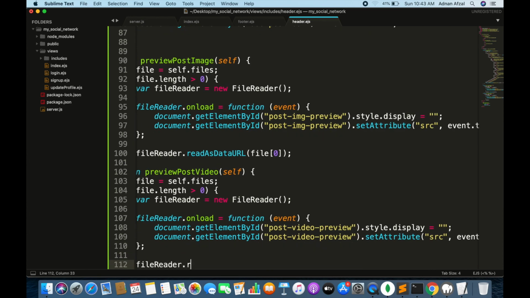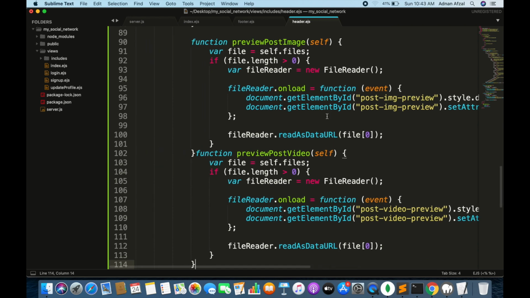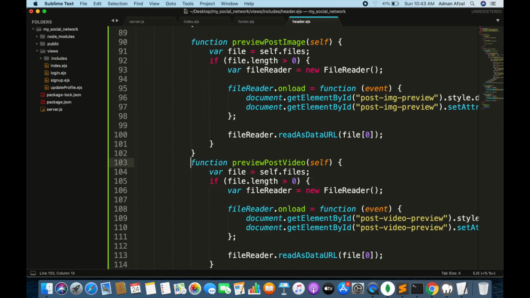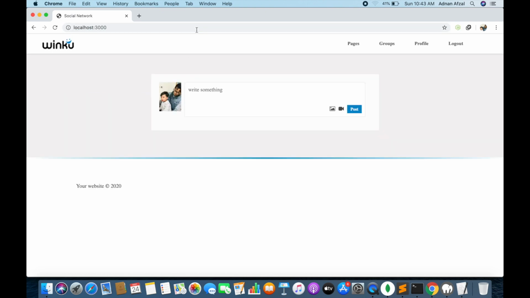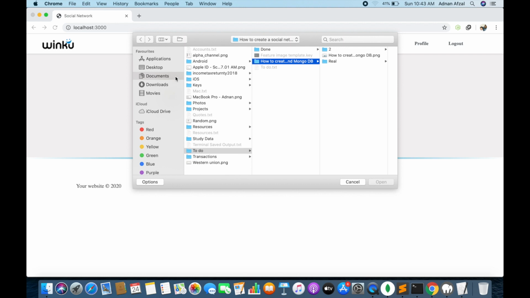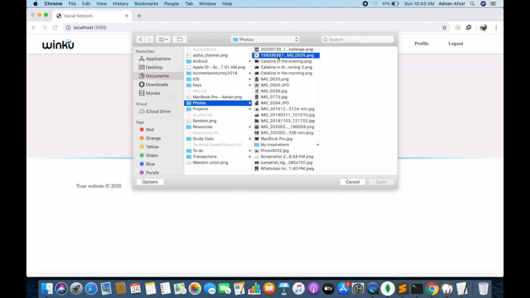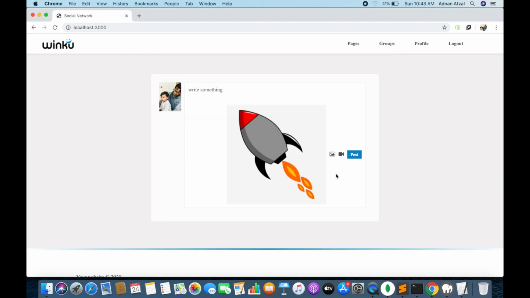And readAsDataURL. Refresh. Now when I select an image, it will be previewed here. And same goes for video as well.